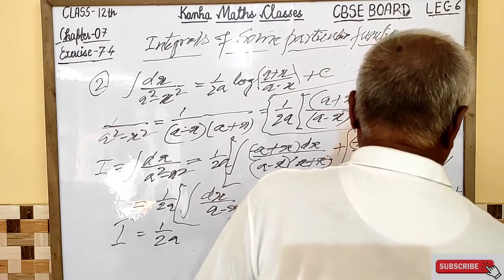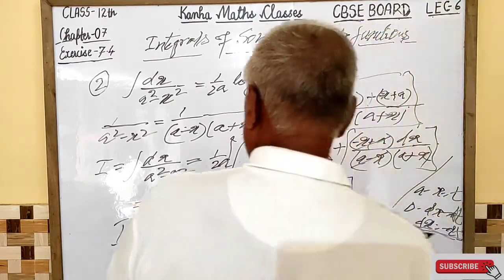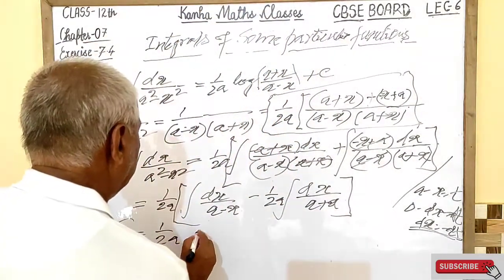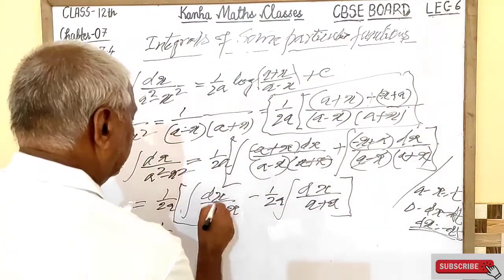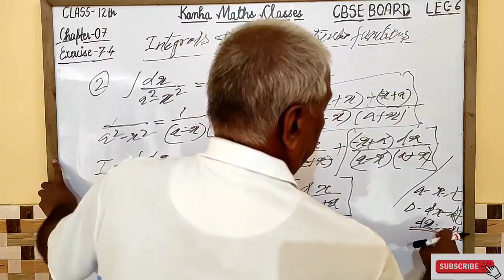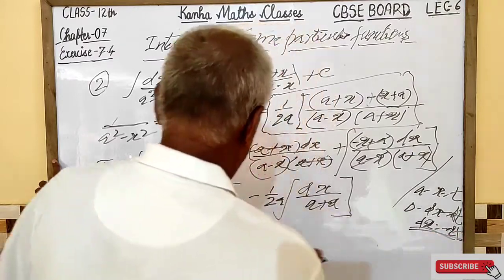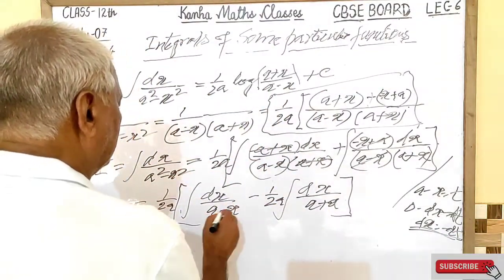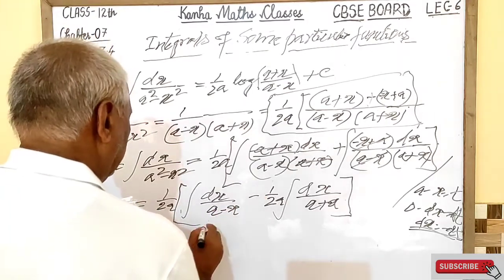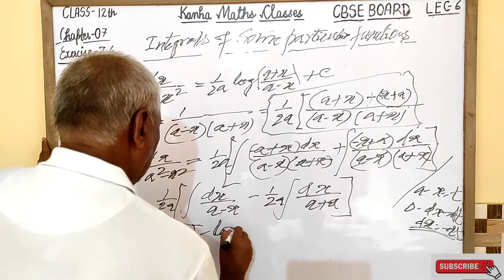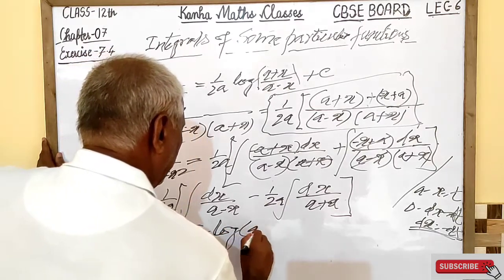We will utilize this here, dx is equal to minus dt. Now we have substituted in terms of t, hence it will be equal to log a minus x, minus log a minus x,